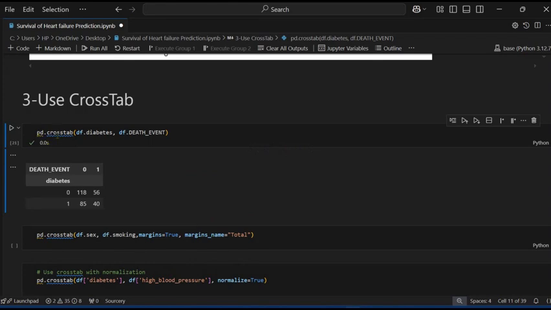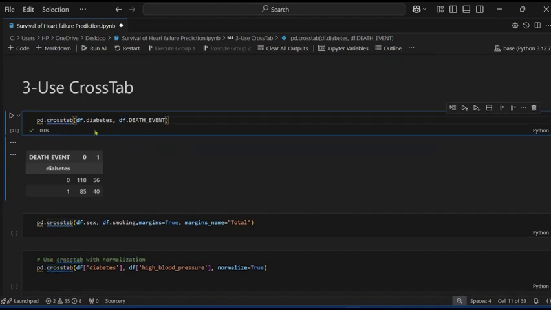First pd, which is pandas, dot crosstab. I have not written import pandas as pd, because I am using PyForest, which imports all these libraries. Diabetes is the column name, and df.death_event is also a column name. So it gives the death event output as 0 and 1 against diabetes. It shows how many people die with diabetes.